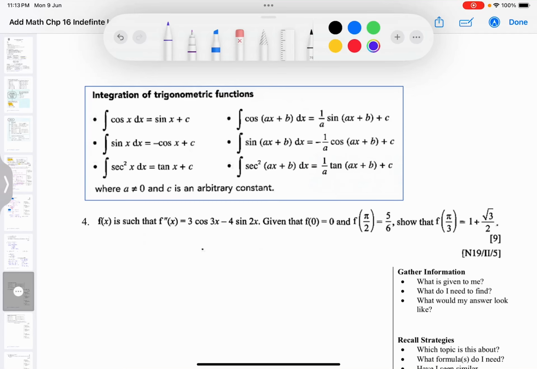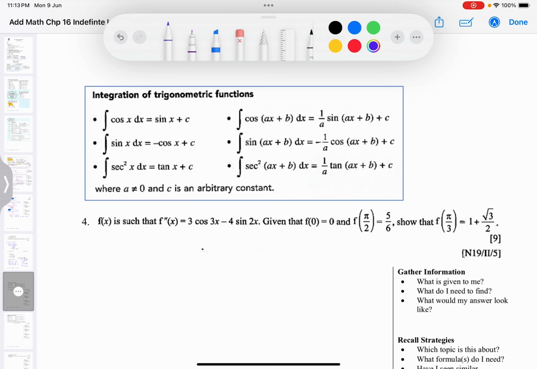Okay, in question 4 now, we're going to make use of some of the integration of trigonometric functions. So that's why there's a recap over here at the top for you to refer to. Okay, so in question 4, you're given that f(x) is such that the second derivative of f(x), that means we